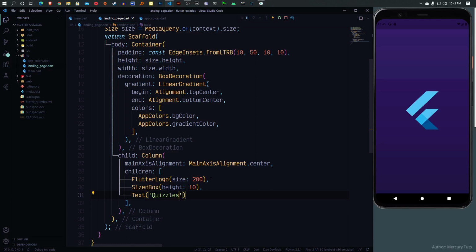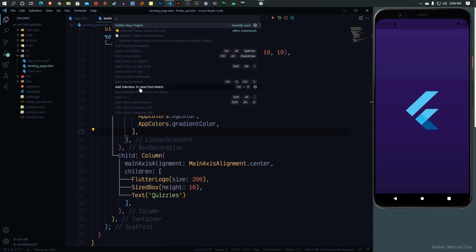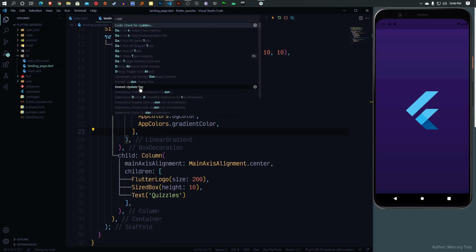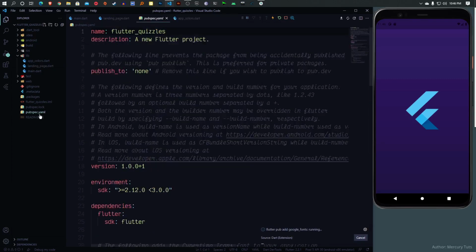And you know, I forgot, I wanted to use Google Fonts as usual, and I forgot to add it, so I think we'll do it. There was this news that you can use VS Code to add dependencies easily. So let me see, do I have that update? So Dart, it's called Dart add, yeah, it's here. So Dart add dependency, and I want Google Fonts, so it's right here. So that will mean we don't really need